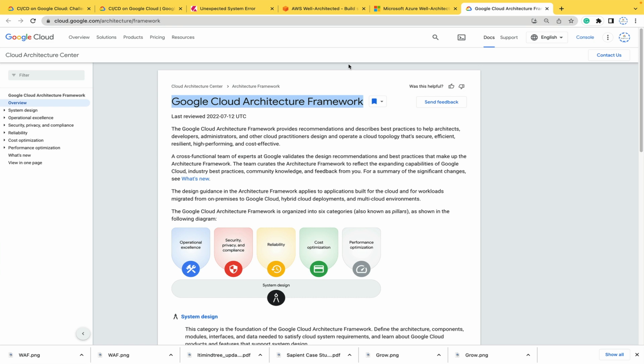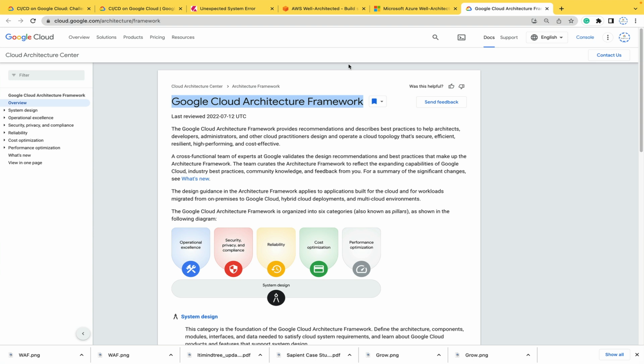So today I am going to talk about how we can know about the Google Cloud Architecture Framework, along with some other public clouds like AWS and Azure well-architected frameworks. I'll explain a little bit and guide you through the details, and why the Google Cloud Architecture Framework. So let me explain, the Google Cloud Architecture Framework actually provides the recommendations, and it describes the